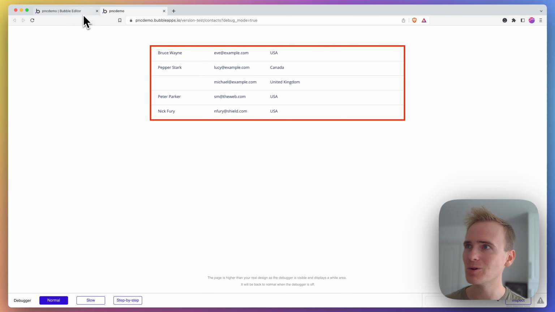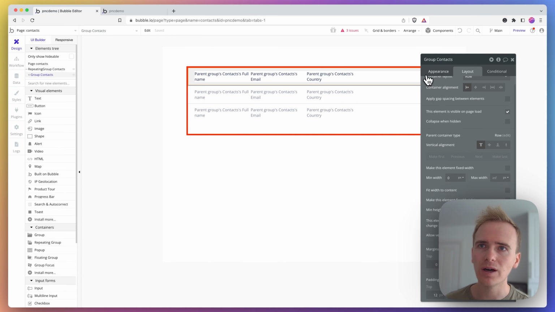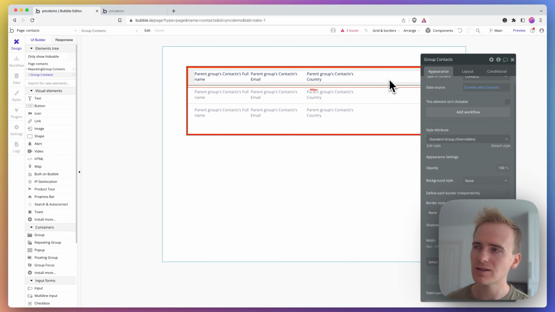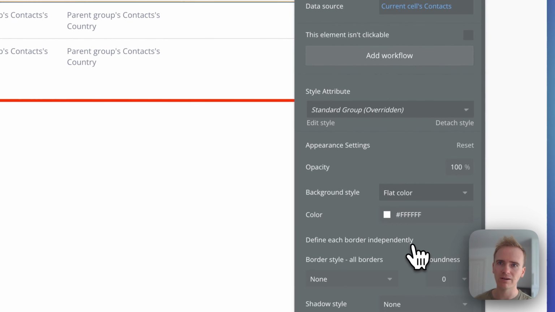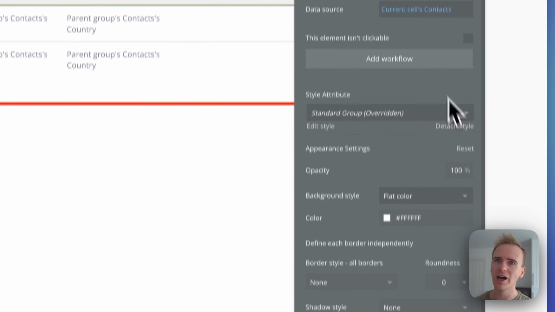Right, adding the alternating color. So first of all, I'm going to select the group that contains all of the elements in my row. And I'm going to change the background color to white. And I like doing this because you'll see in a moment it just simply cuts out a step, which is